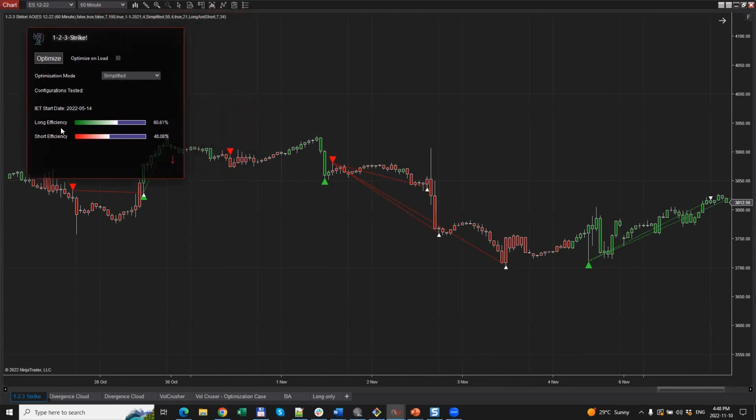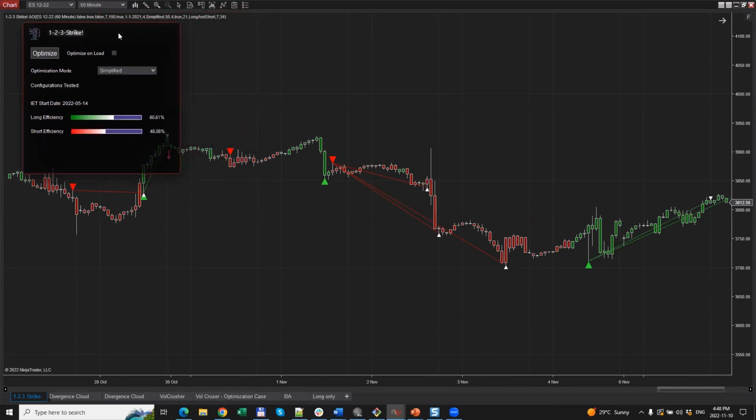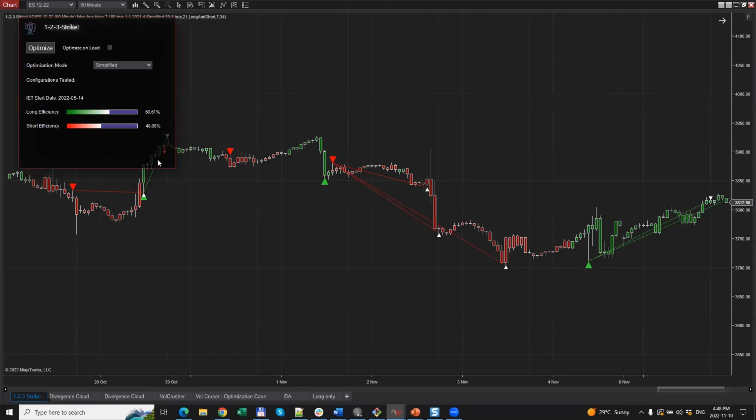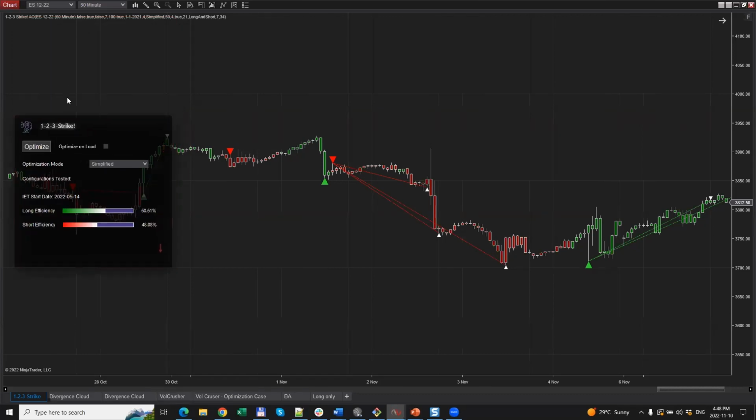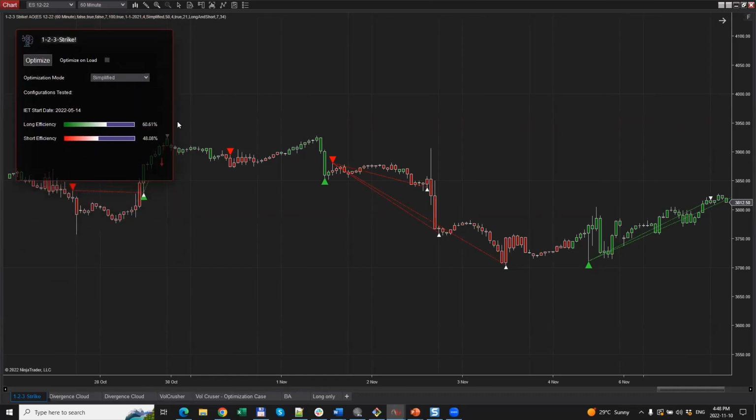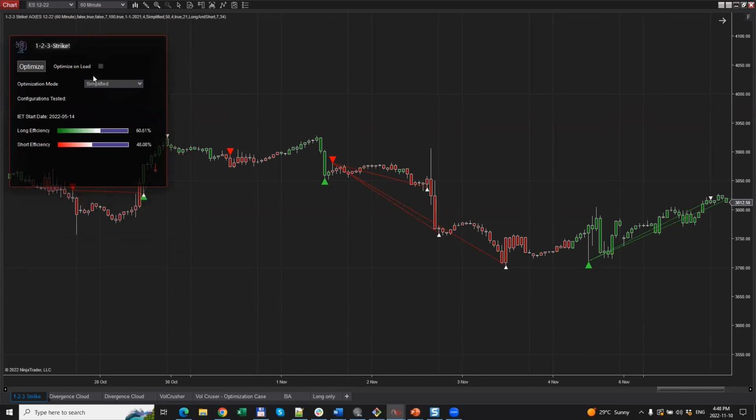You can see now directly on the chart what the historical success rates are for long trades and for short trades for a given look back period. In this case, the look back period started on May 14th, 2022. As I mentioned before, this is basically an instant back test performed directly on the chart. You can see here, for example, that long trades have been working out better than short trades: short trades at around 48% and long trades at around 60%.